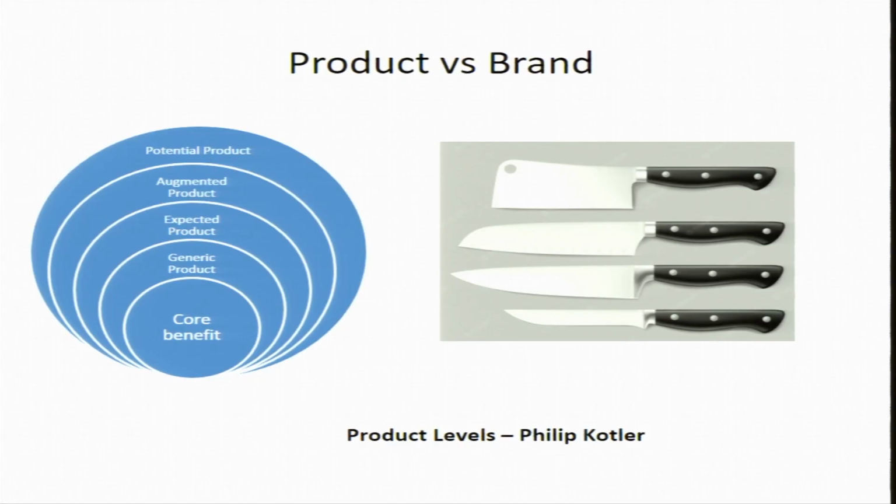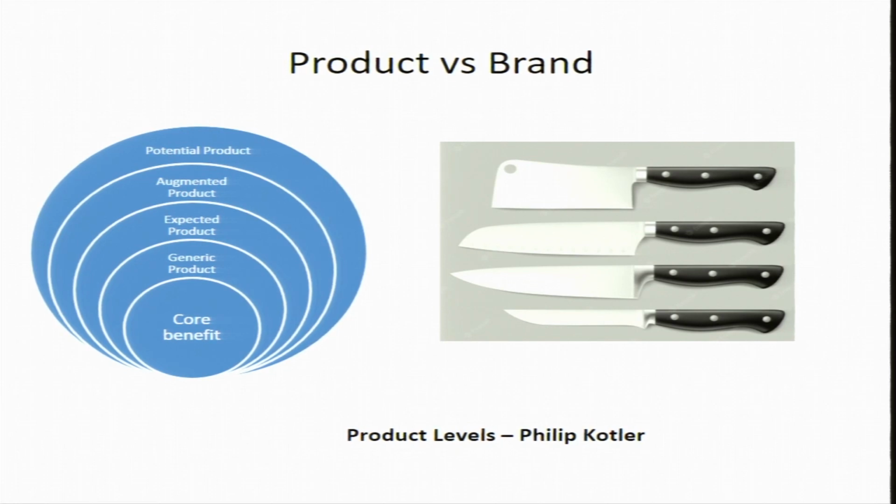If you look at the screen a little carefully, you will see that this definition of product has 5 levels. What are these 5 levels? Core benefit, generic product, expected product, augmented product and potential product. Now, while they may seem very simple, let me try and explain it with an example, and that example